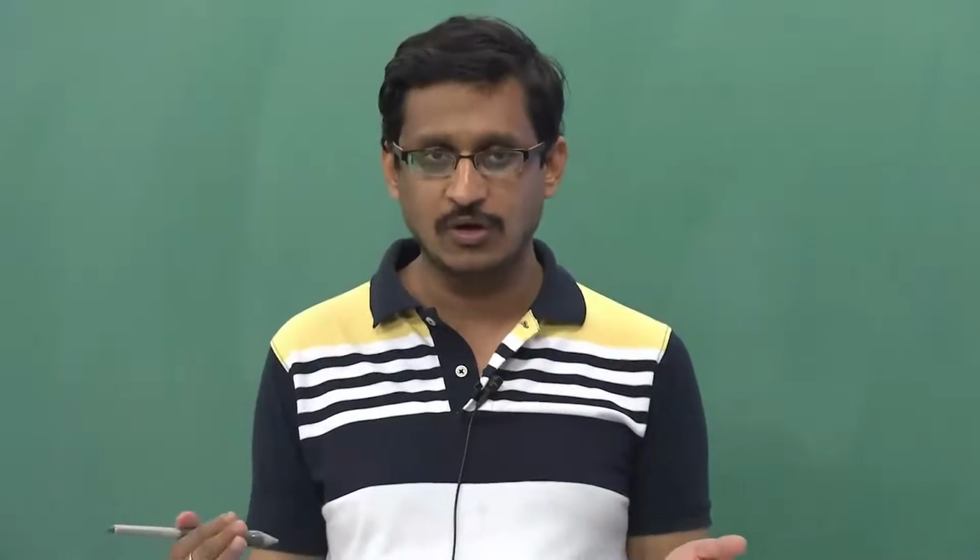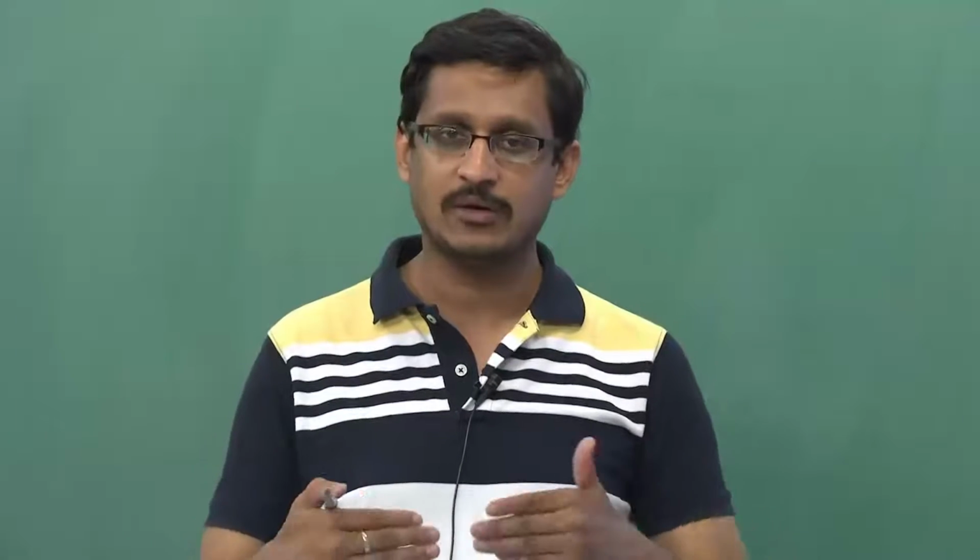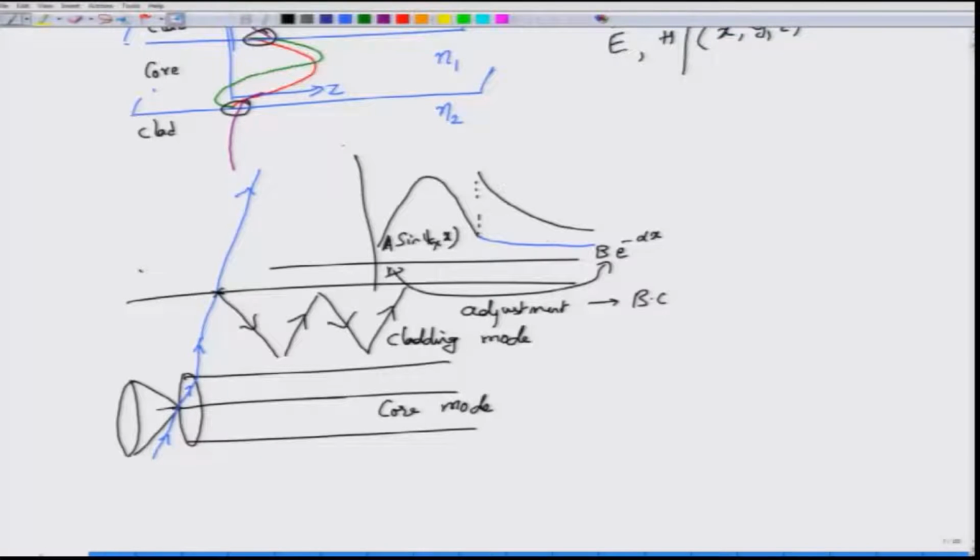So you want to always have modes guided by the core, and you want to maximize the power that is contained by the core. One simple way of maximizing this power into the core would be to make the radius of the core as large as possible, right. That way if I am tapping the exponential at some point, I will be tapping the exponential at this point. If my core area has grown so much, then I would be tapping this exponential when it is almost going to 0, right. So this is very small.